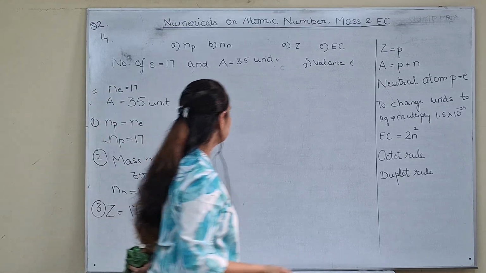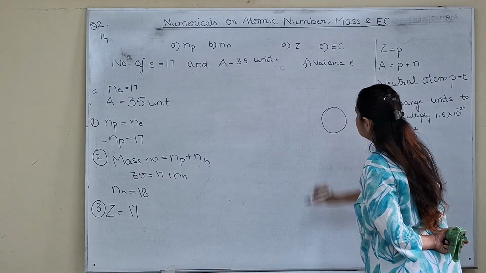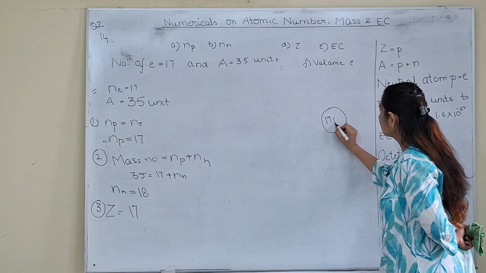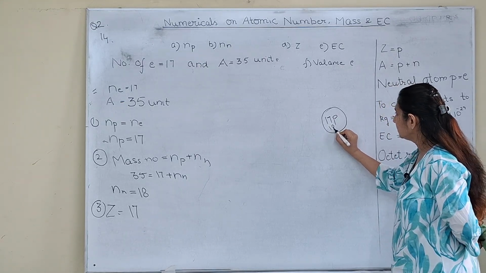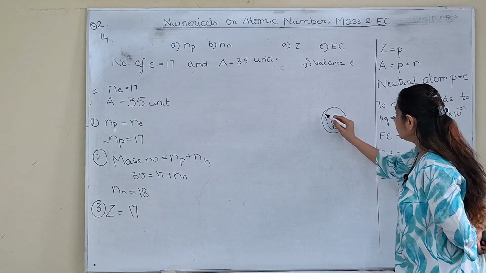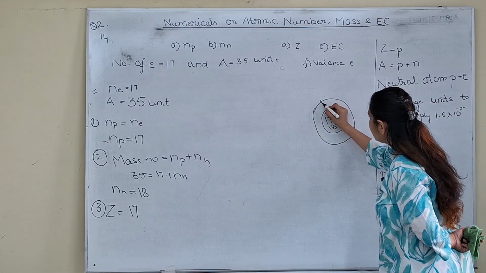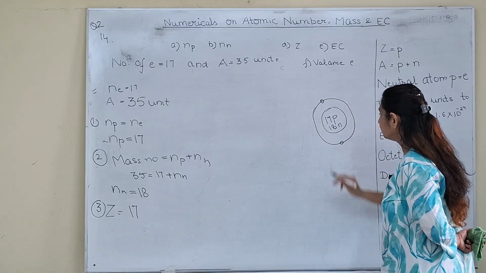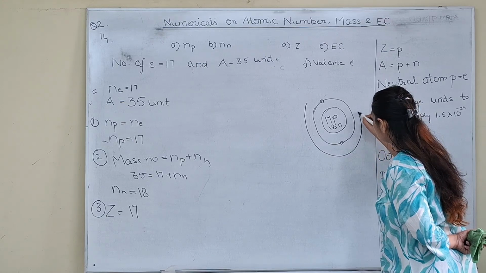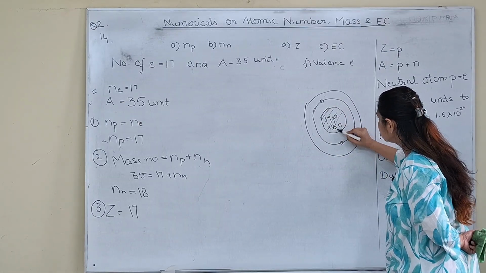Let's start drawing the atom itself. We know quite a bit now. So this is the nucleus. We have 17 protons, 18 neutrons and 17 electrons also. So we have to put them in shells. First shell can hold maximum 2. Drawn. I'm just shading this so that it becomes different from the orbit.